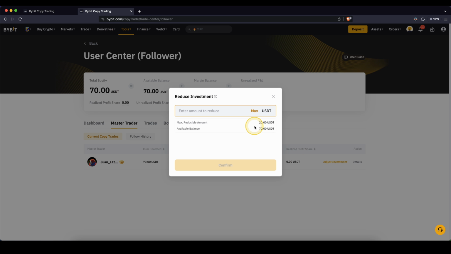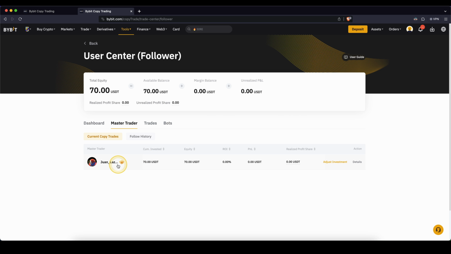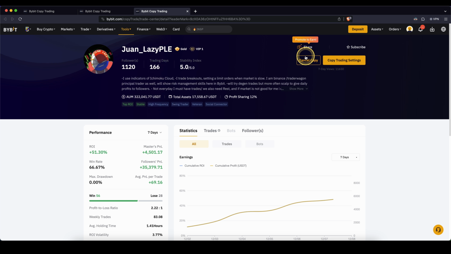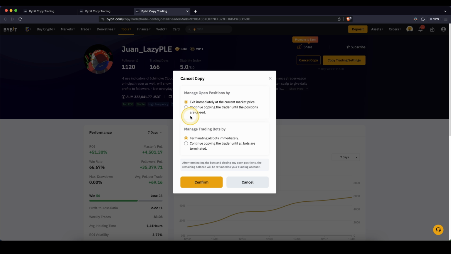Now I could also reduce a little bit of it. I could reduce $20 because $50 is the minimum amount. If I want to get the $50 out as well, I have to completely unfollow him. How I can do that is just click on the trader again and then just go up here to cancel copy. I can just say,